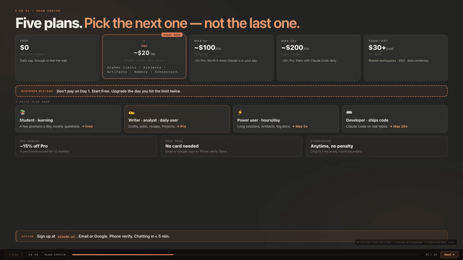Max plans at $100 or $200 a month are for power users who basically live in Claude or developers running Claude Code daily. Team and enterprise come in when you're sharing work or your legal team wants SSO and data residency. Don't pay on day one. Feel the wall first. And confirm live pricing at